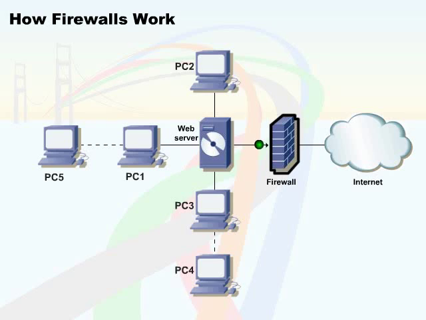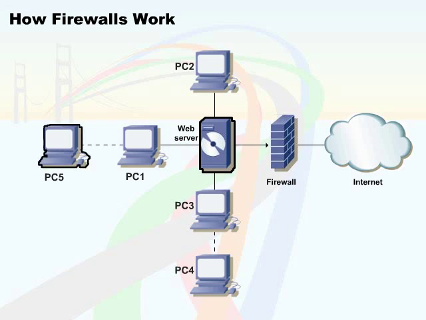Now, let's look at the figure on the screen. Do you notice the black solid lines? These lines represent the usually allowed traffic patterns of data. One of the rules will allow the web client on the inside network, such as PC1, to send packets to web servers, such as the www.xyz.com web server. The second rule will allow web clients in the outside network, such as PC5, to connect to the DMZ web servers, such as